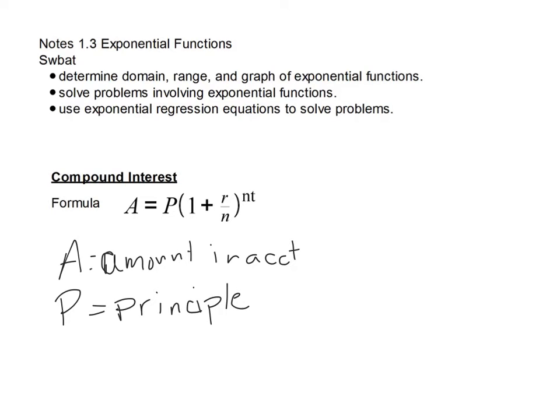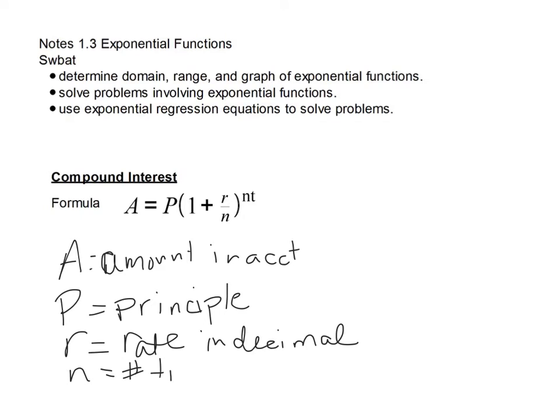Missed an I in there. And R is the rate in a decimal. Okay, so if it's like 10%, you put 0.1. And N is the number of times it's compounded. All right. So, for example,